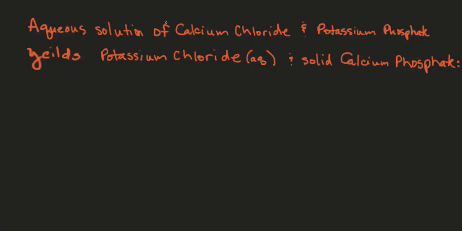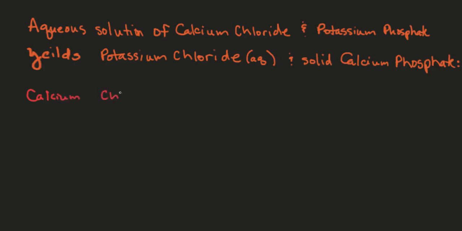Today we're going to be looking at an intermediate example of balancing a chemical equation. As you can see, the problem is given to us in words and we're supposed to come up with a chemical equation in unbalanced form. So the first thing we have is calcium chloride. So calcium